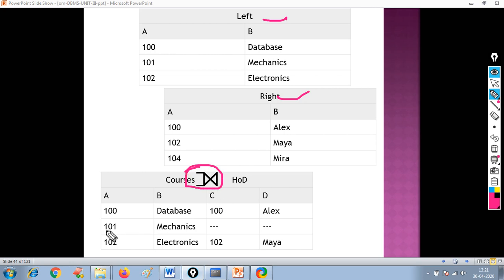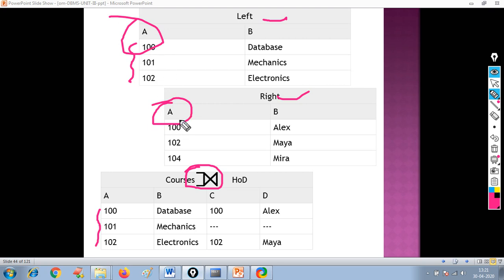So in the left outer join, left side values are displayed in the result. As you can see, this is the result. 100, 101, 102 are displayed directly, and from the right side table only those values are displayed which satisfy the condition. The condition is that the common column must have the same value. So what is the common column here? A is the common column here and here. Values must be the same.